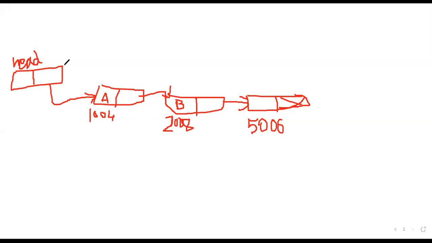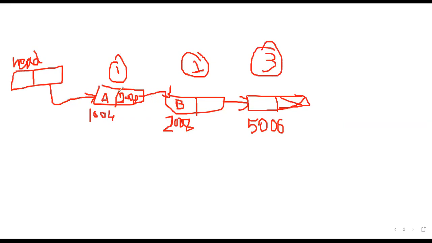So see here, the 1004 location, and the 2008 location is stored in this. This is 2008. This 2008 location is stored in this address part of A. This is node 1, for example. This is node 2. And this is node 3. These are the 3 nodes that the linked list has.